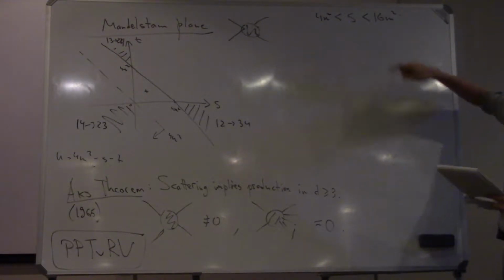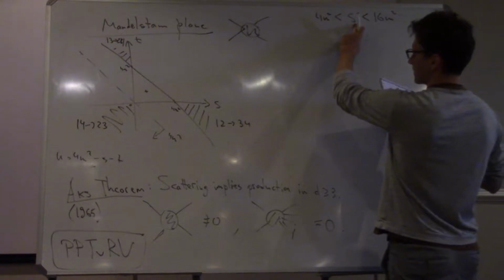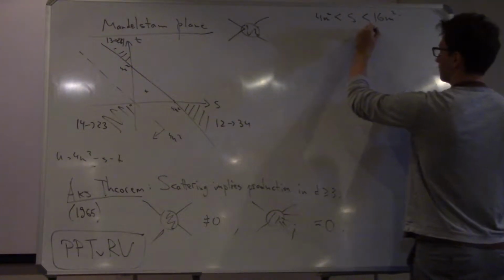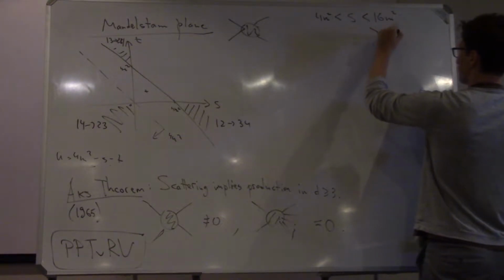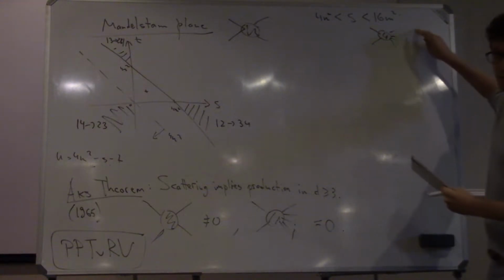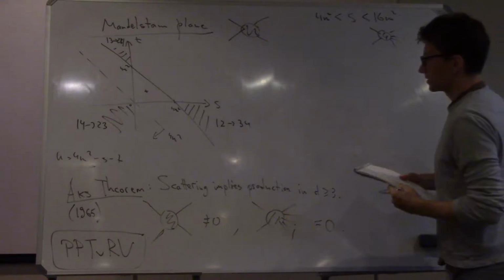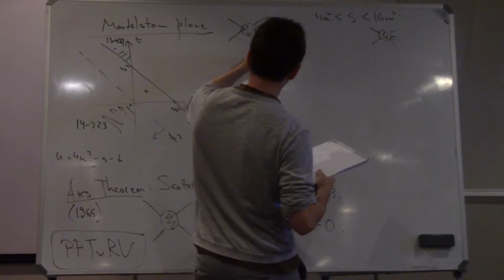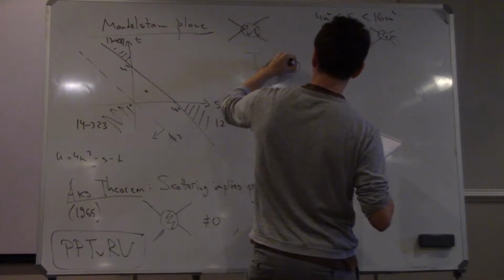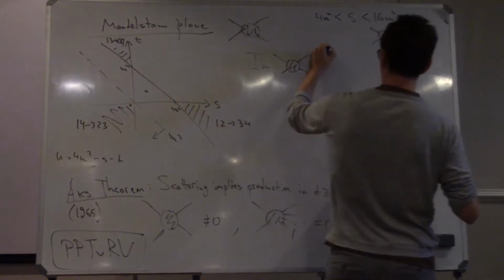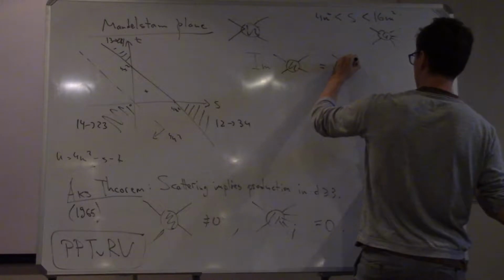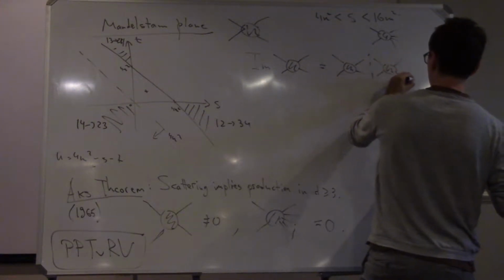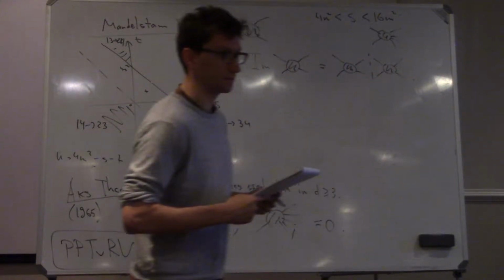In this region, its energy is enough to produce 2 particles, but it's not enough to produce 4 particles. Right? For 4 particles, you need 16m squared. So therefore, in this equation, the imaginary part of this amplitude is given by the square of the amplitude itself. And there is nothing else happening, so it's a closed equation.